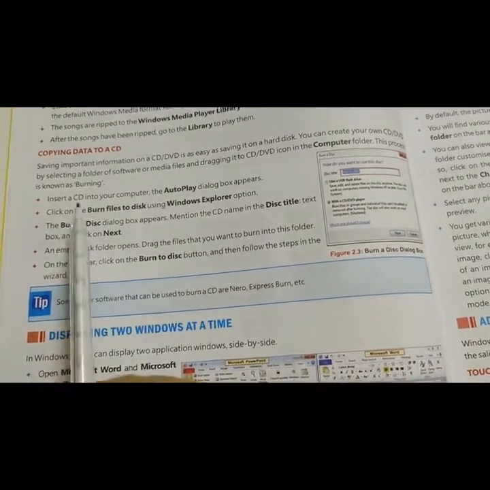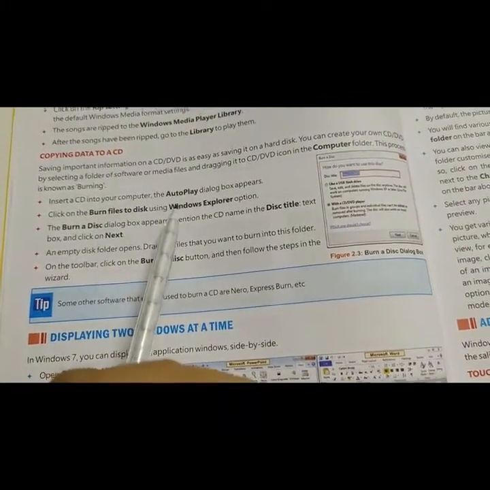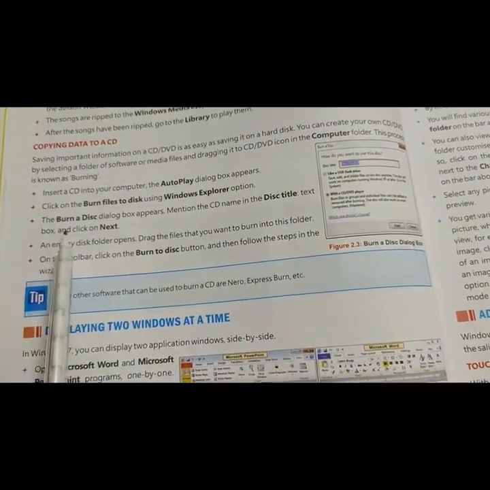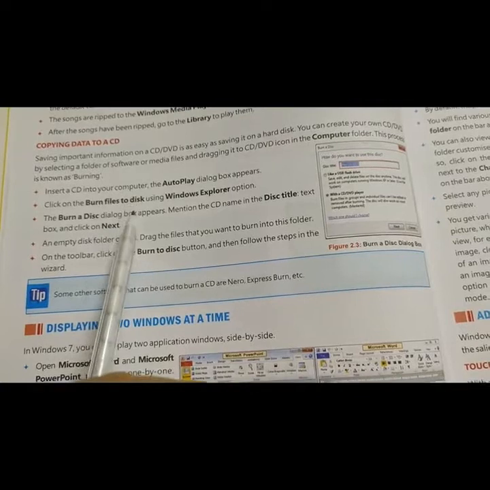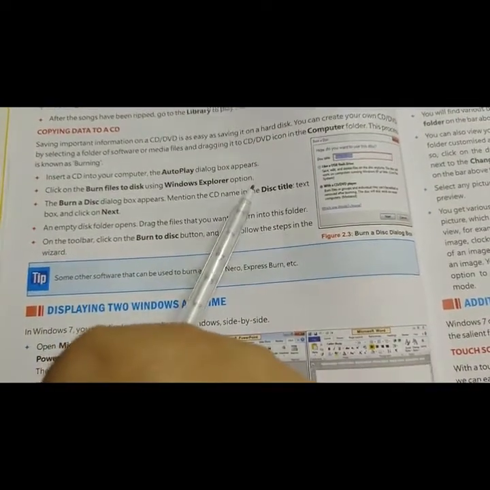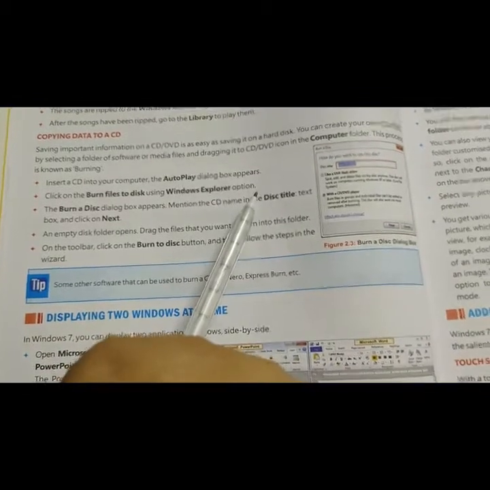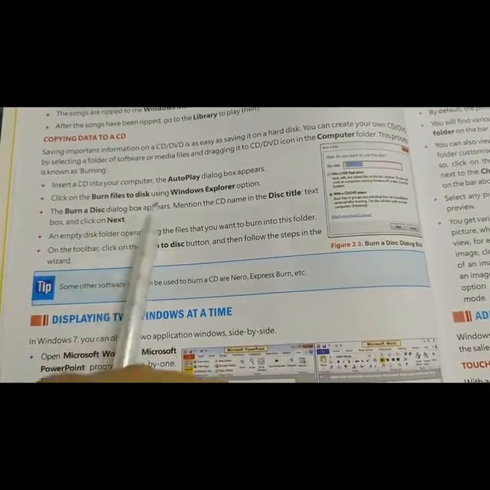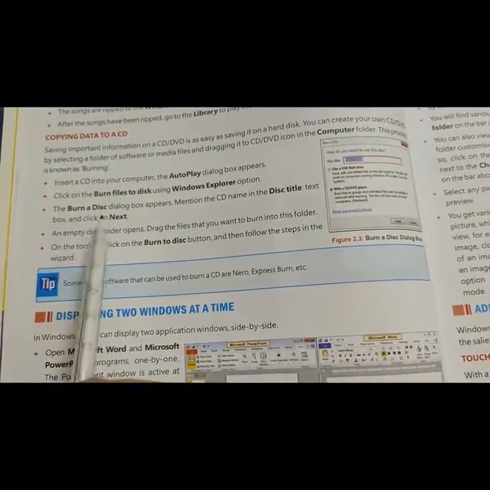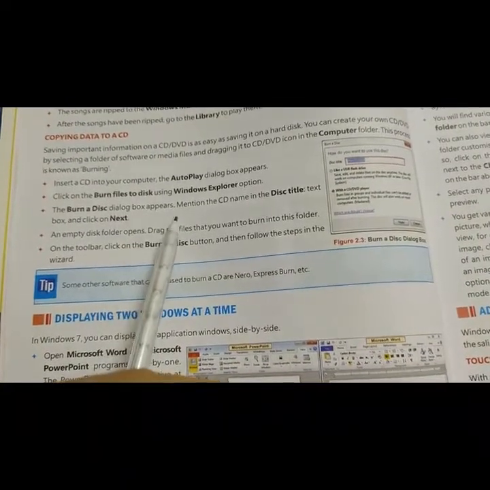When you insert your CD into your computer, the autoplay dialog box will appear. Click on the option Burn files to disc using Windows Explorer. Click on that, and the Burn a Disc dialog box appears.